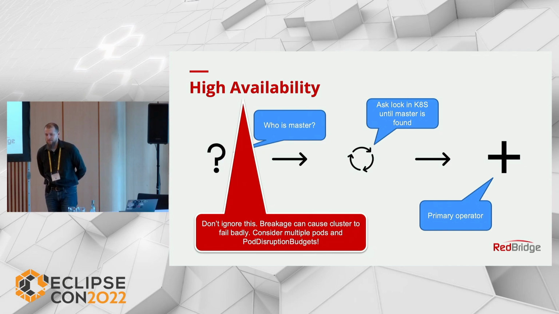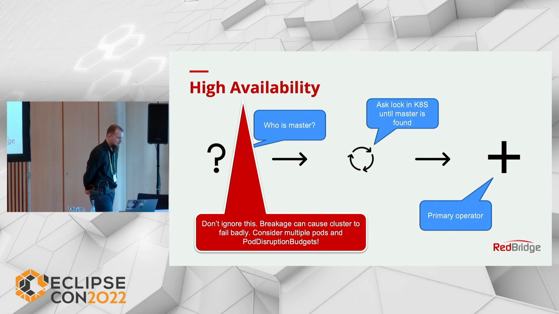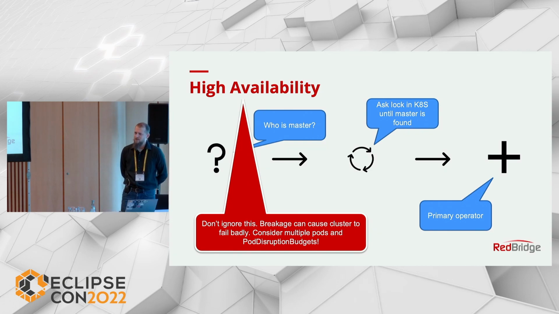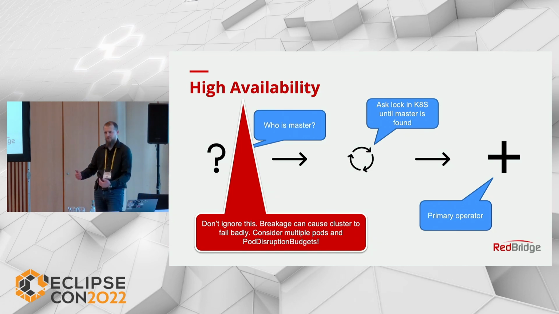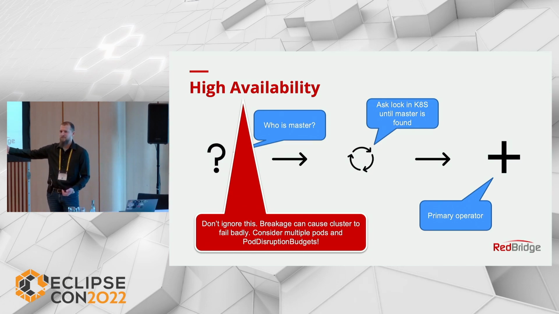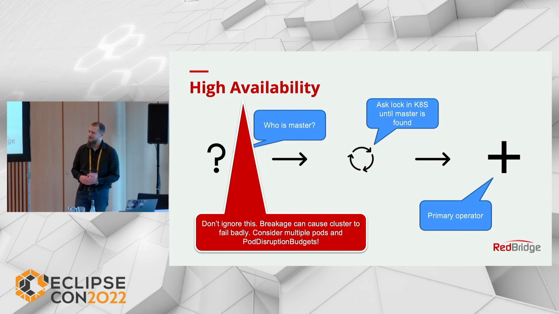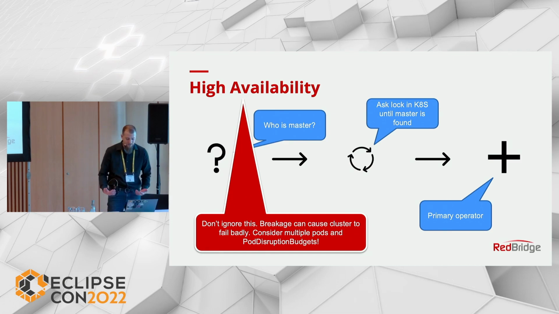There's also something called pod disruption budgets. This won't stop you from scaling down your operator willingly. If you scale it down to 0, the pod disruption budget won't do anything about it. But if you're upgrading the cluster and the nodes are upgraded one after each other, then it will check the pod disruption budget and see, all right, you always need at least one of those. So I will try to move the pods around and keep at least one alive, so that when the node is updated and is rescheduling pods or your custom resources, there is at least one operator acting on it.